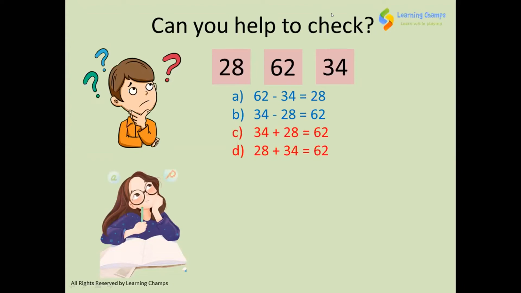What is the correct one? 84. No, I mean, what is the correct subtraction story? Like 62 minus 34 equals 28. No, darling, we can't find the answer here. We have to change this. Here, this should come here. So this whole story is wrong. Do you understand that? Because 62 should come in the first place as the minuend and 28 should come as the subtrahend and 34 should come as the difference.